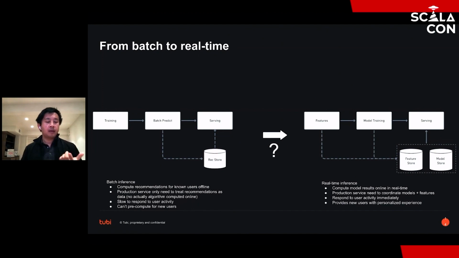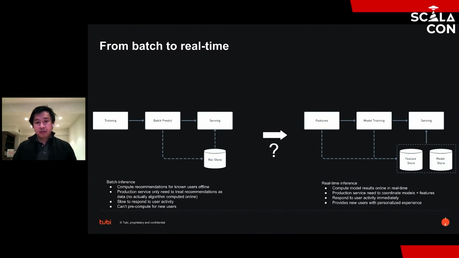But the main drawback to this is that for new users that are coming in, you can't pre-compute everything, right? So there's no personalization for new users, and that means every new user kind of sees the same experience, and we can't really show a Tubi that is a good fit for those.